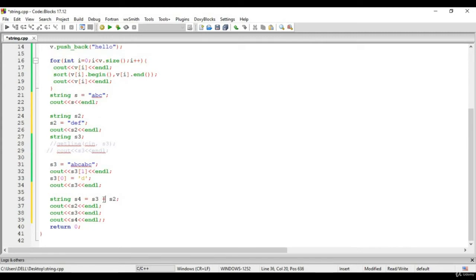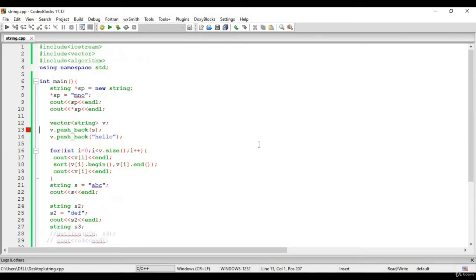Okay, so I'm using this plus operator to add string S3 and string S2. This is your string S2, which is DEF, and this is your string S3, ABC ABC. So let's see what will be our output. Let's comment it out and put this code above.